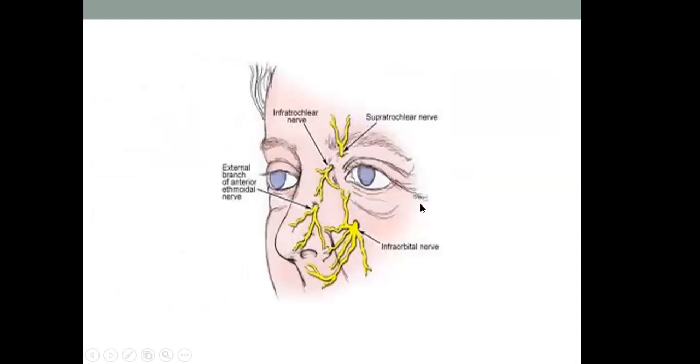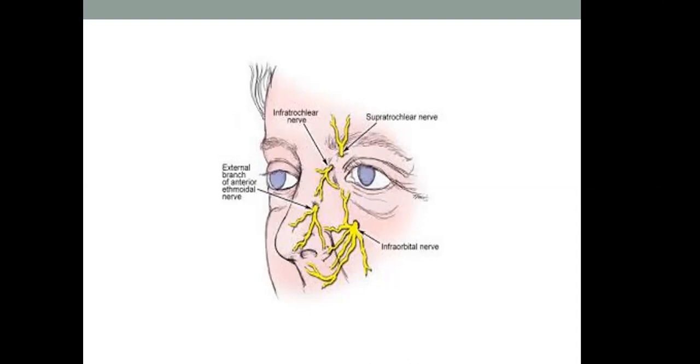The innervation of the nose is by the infratrochlear and the external branch of the anterior ethmoid nerves, which come from the nasociliary, and also the infraorbital nerve, which is coming from the maxillary division of the trigeminal, which is supplying the lateral